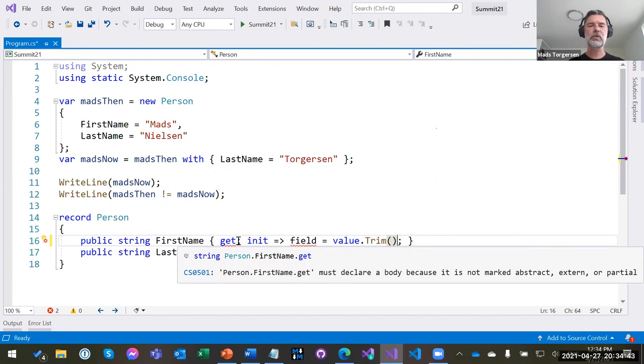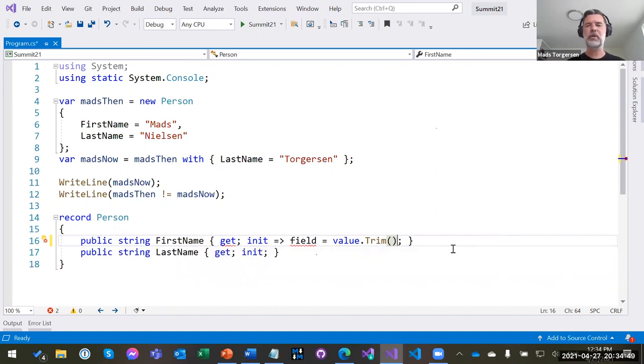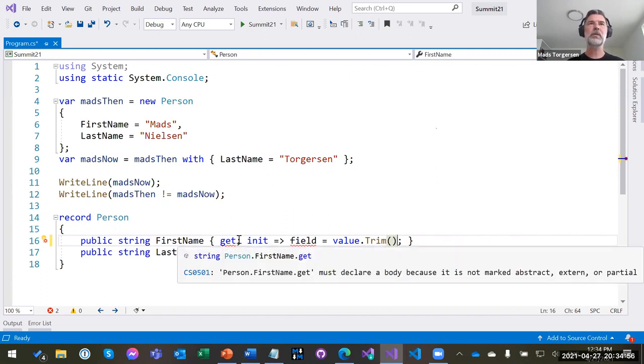But in fact, you could also implement the getter and still have a backing field, because the way the compiler knows that this is an auto property is that either some of the members aren't implemented or the backing field is accessed with the name field. Either way, there's going to be a backing field generated for you.